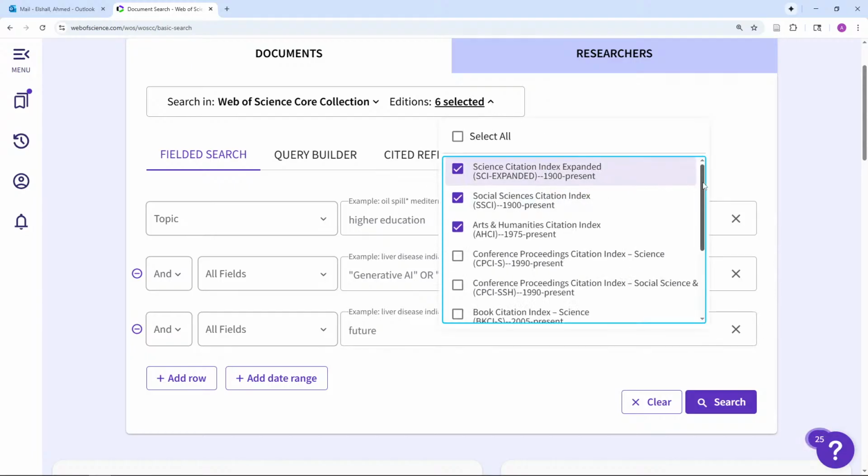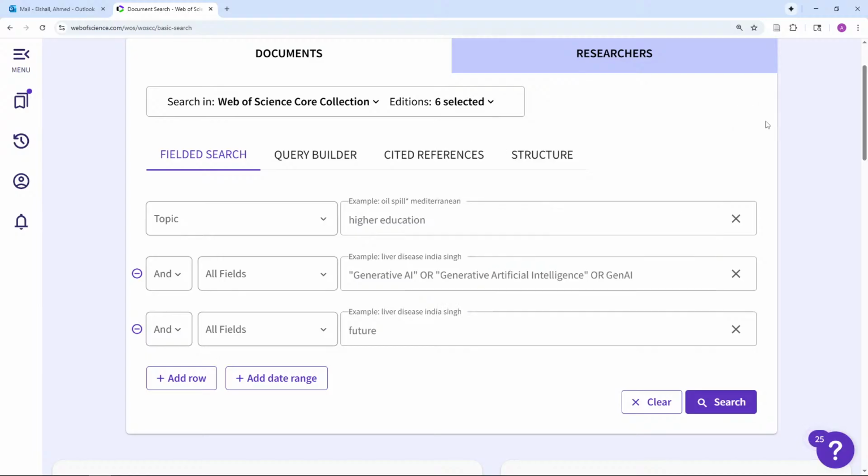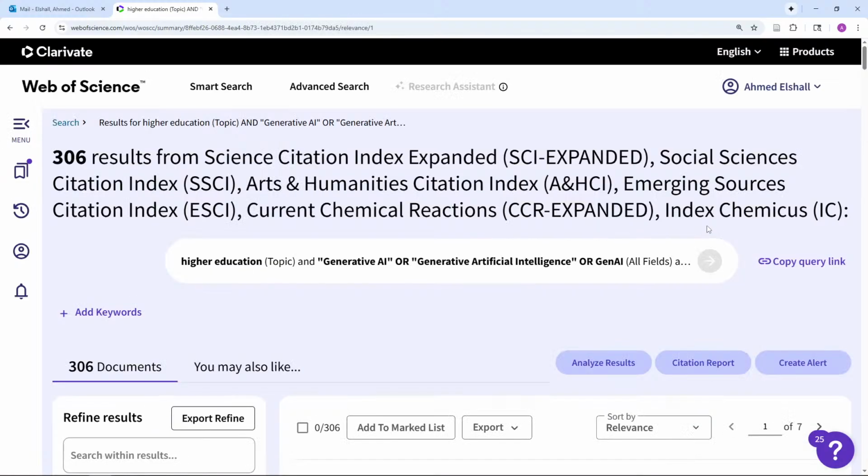Which indexes or databases am I using? I'm using all of the Web of Science Core Collection, everything in it except the conference and books. So any conference proceedings and book chapters, I'm excluding. And if I hit search,